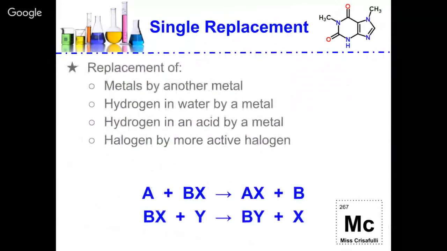A single replacement reaction is the replacement of either a metal by another metal, hydrogen in water by a metal, hydrogen in an acid by a metal, or a halogen by a more active halogen. So here are the 2 skeletal equations that you can see. You could have A plus BX gives you AX plus B, or BX plus Y gives you BY plus